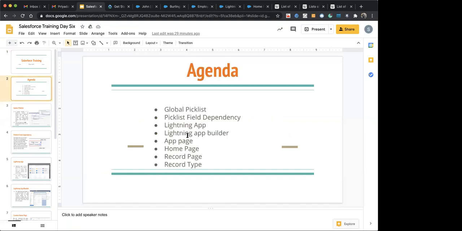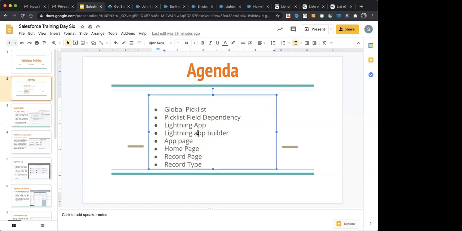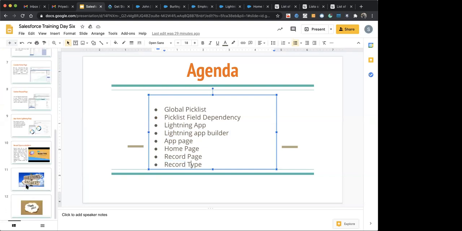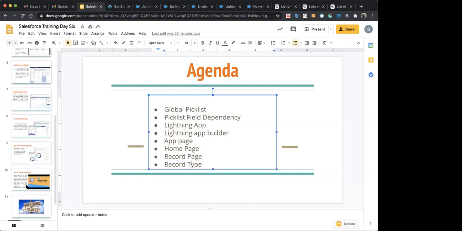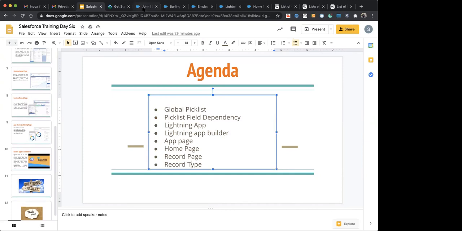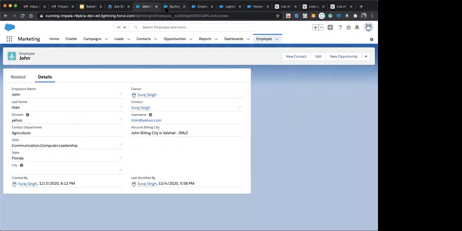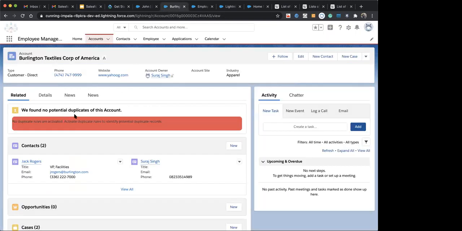Okay, we have discussed Lightning app pages, home page, and record pages. Now record types. Let's discuss a situation so that record types will be clear.